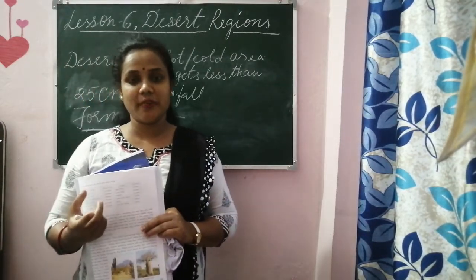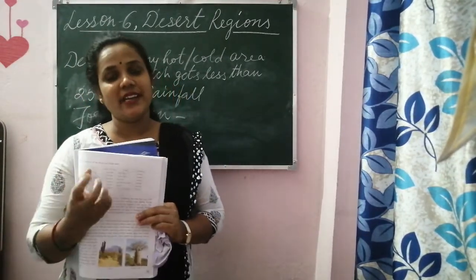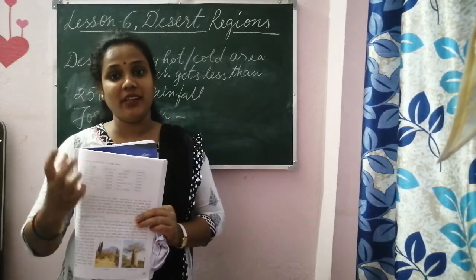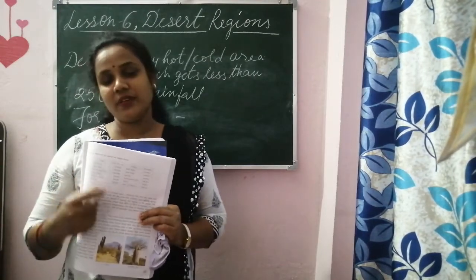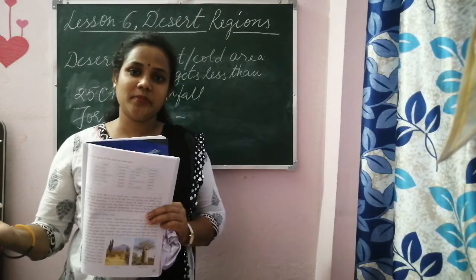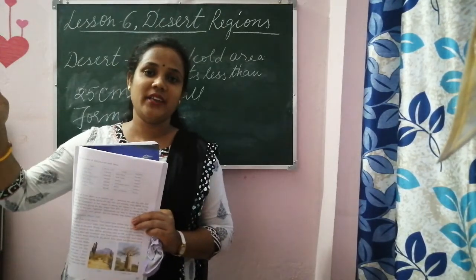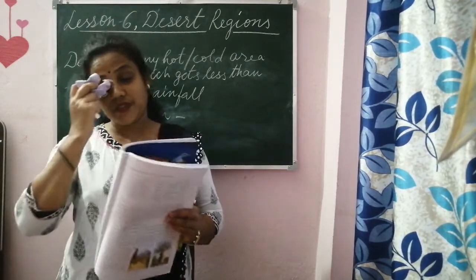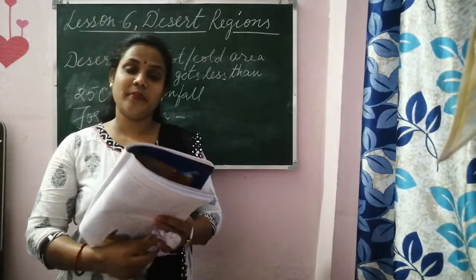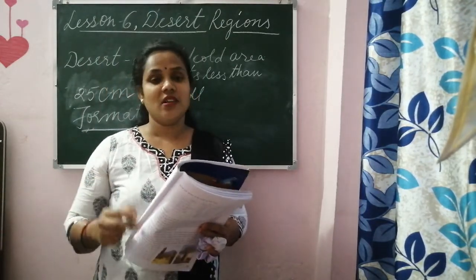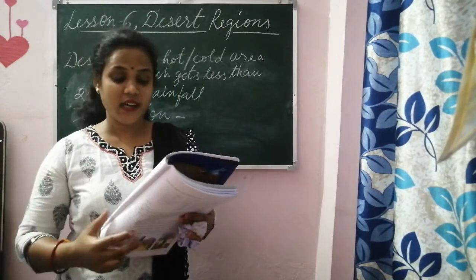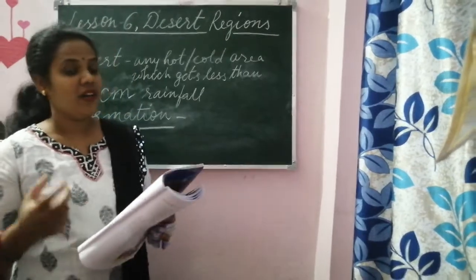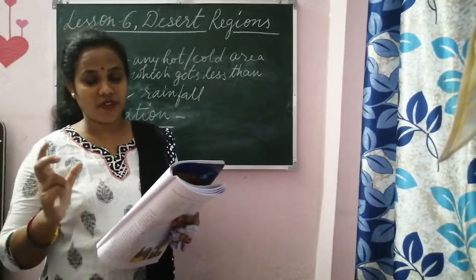When you cut the trees, what happens? If there are trees, the soil is held up by the roots. If there are no trees, the soil is loosened up. It can easily be blown away if there is rain or if a hard, fast wind is blowing. So erosion takes place, because we have cut the trees. So this is man-made. Deserts are formed by man-made work because of deforestation, and some are naturally present.